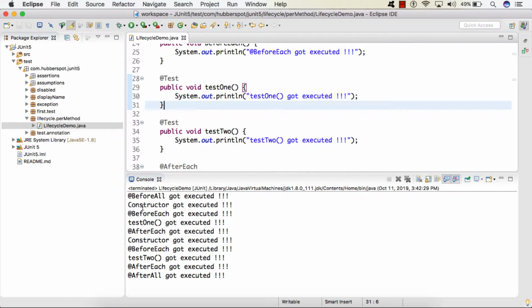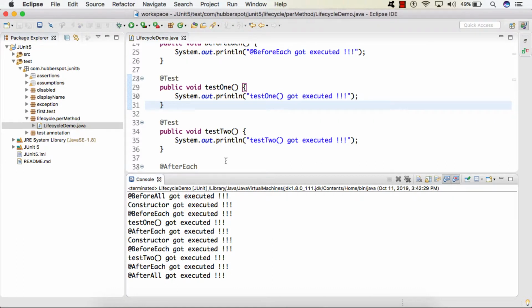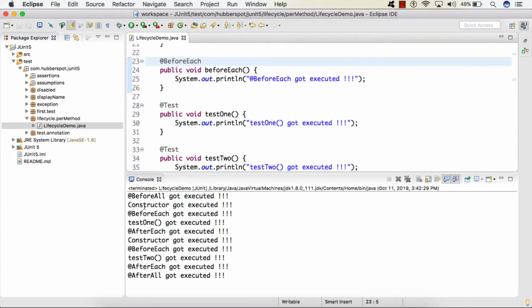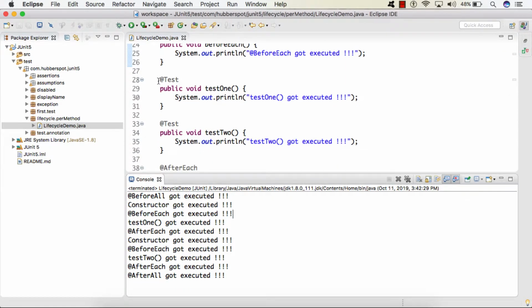The proof is here: for the first @Test, the constructor was executed, and just before executing @Test, it also saw that there is @BeforeEach. So @BeforeEach got executed, and then our first @Test method got executed, which is test1.